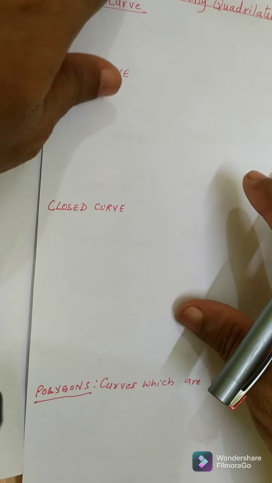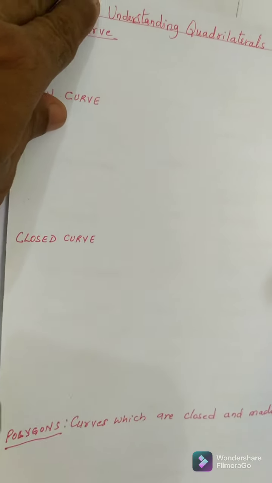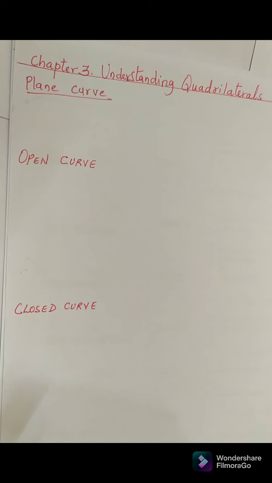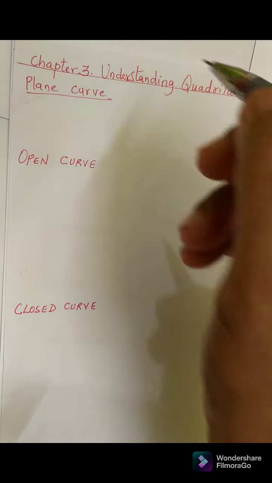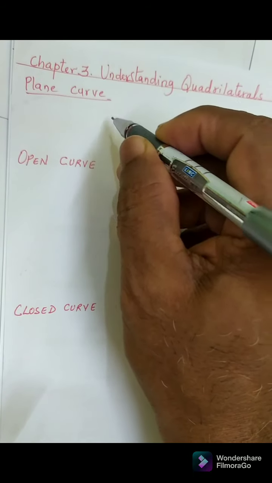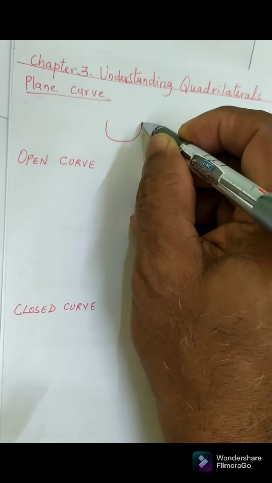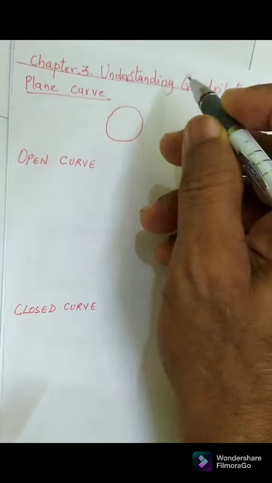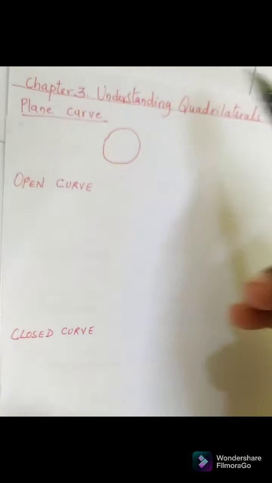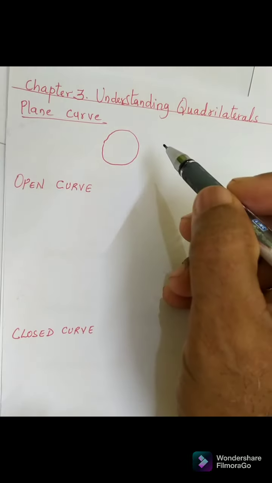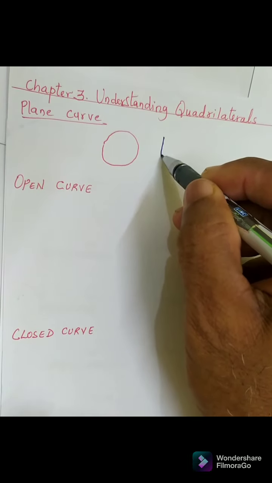Friends, let us understand some of the basic things, some required things in this chapter. A curve is something that you start from one point, say I start from one point and go and complete it till the last part. That is a plane curve, like the plane surface of the paper. So I start like this, I go like this,